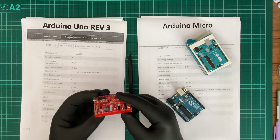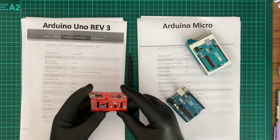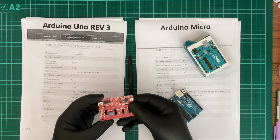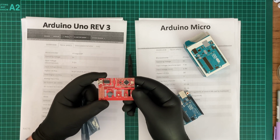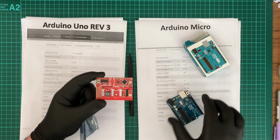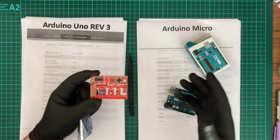Now, this is a direct copy of SparkFun's, and it's actually a knockoff because it's got the SparkFun logo on there. But for me, this is a very useful thing, more than one of these. Now, this is great if you've got a shield, which is,